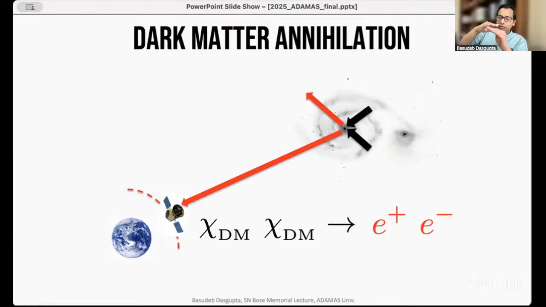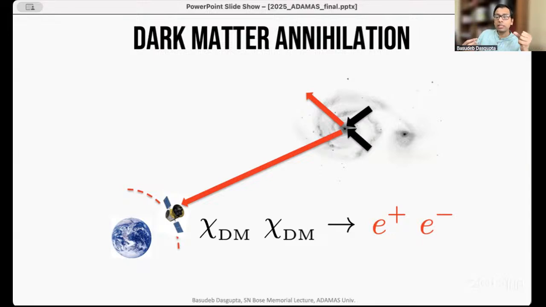particles as a function of coordinate from the center of the galaxy. And we know how the amount of dark matter varies from the center of the galaxy because we have measured the rotation curves. And we try to correlate if the intensity of this radiation that we are observing is in fact correlating with the density profile of dark matter that you expect. In fact, this is exactly what has been done during the decade, let's say from 2007, 8, all the way until 2017, 18. So these experiments have been ongoing.